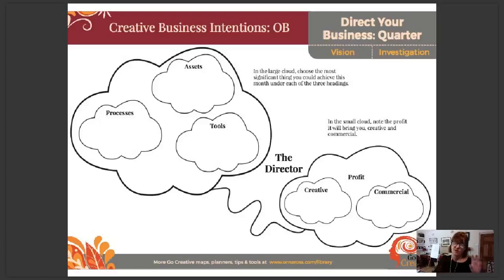In each of these, if you were to do one thing over the coming quarter that would improve your assets, that would improve your processes, that would improve your tools, what would it be? That's giving you 12 weeks, which is a long time. And over that 12 weeks, what is the one big thing you could do to improve your assets?